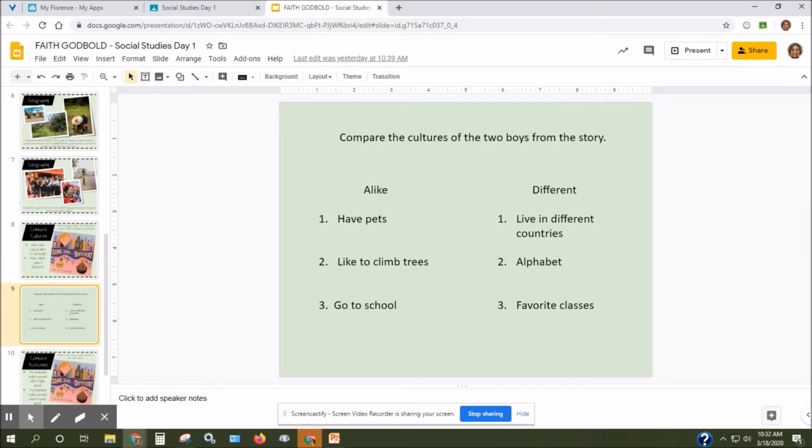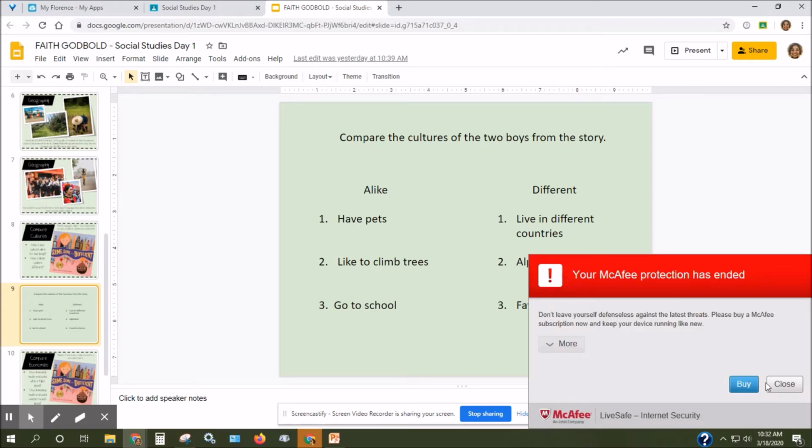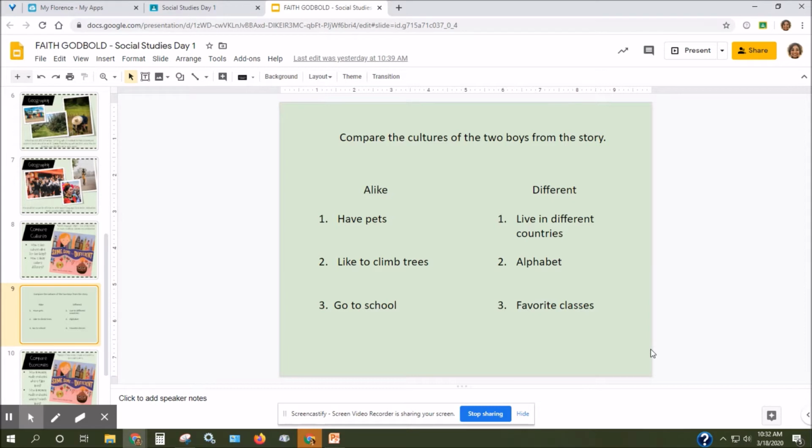Some of you may be interested in knowing how much time your child spent on an assignment. So in this case, if it's a Google Docs, Slides, or Sheets assignment, you can actually see that. To do so, if you look to the right of your menu at the top, to the right of Help, it may say All Changes Saved in Drive, or it may tell you when the last edit was made. So if you click on that,